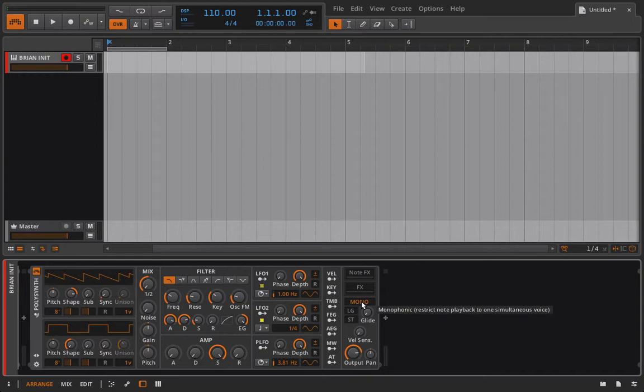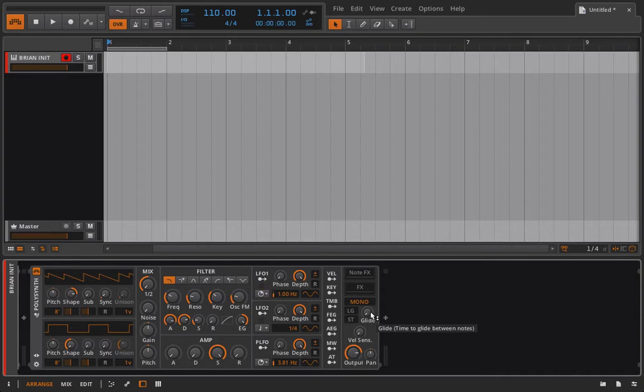We can compare that to polyphonic mode, which if we're in polyphonic mode, we probably don't want to be playing that low on the keyboard. So now if I play a C note, and I play the C an octave above, I can actually play these at the same time, and we'll be hitting both notes. Like so. All right, but I'm going to stick to monophonic mode for most of this video because a lot of these parameters are going to be a lot more useful in monophonic mode as compared to in polyphonic mode,